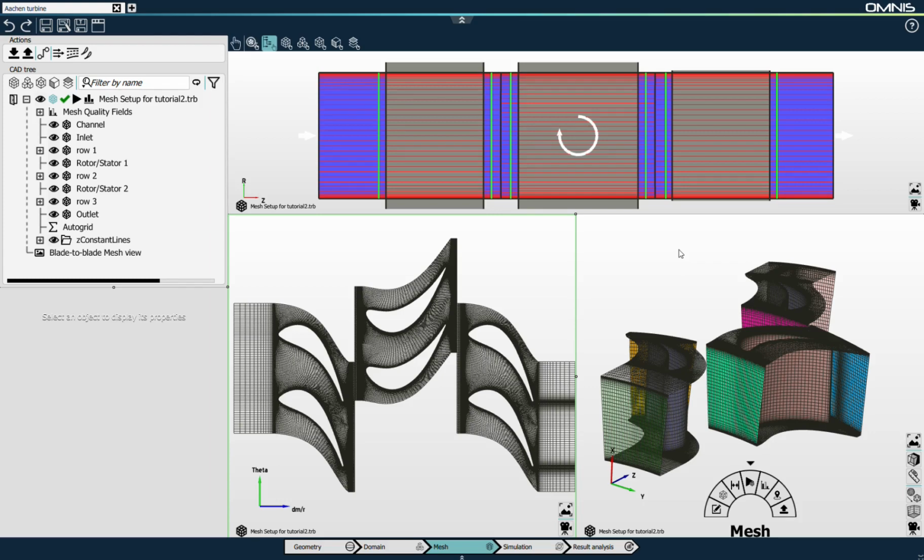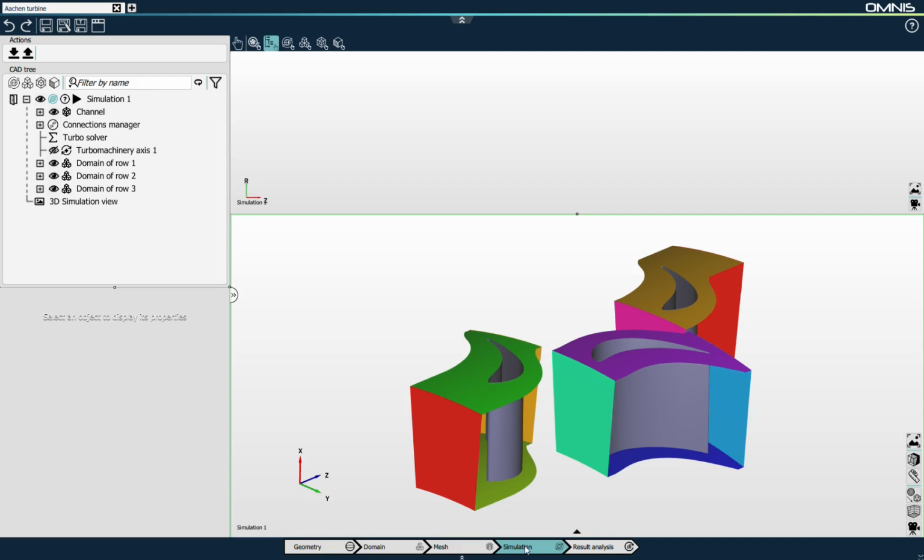So now we can switch to the simulation context. So again, while in other tools you would have to save your project and then open a different tool to set up the simulation, here you just need to click on the workflow menu, simulation step. In the simulation step, we find back the same user interface as the mesh context, with the views here, the family tree on the left hand side with the property panel on the bottom. Here, the simulation project is already set up. So for example, we can look at the rotating speed of the turbo machinery, 3,500 rotations per minute.